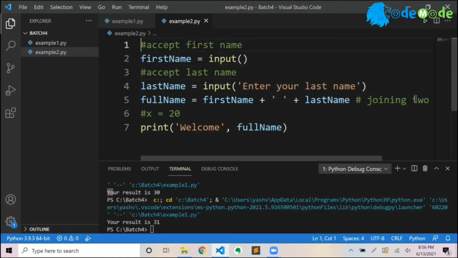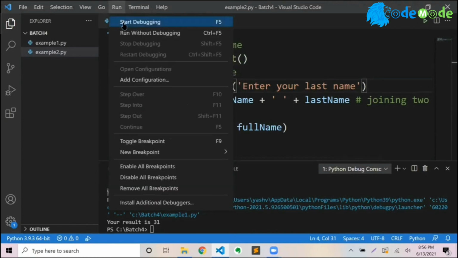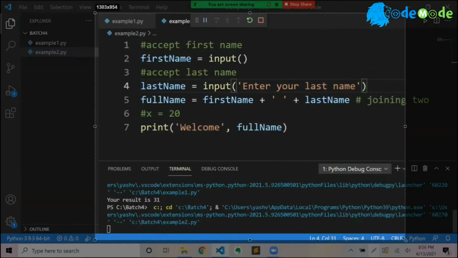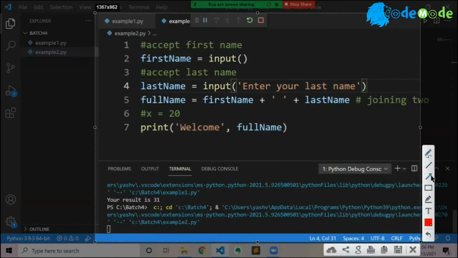Okay, so coming back, I am creating an input function. Let me run this code, and I'm going to highlight a couple of things. What is the difference between this input and this input? This input does not take any message inside. Pay attention to what happens when you display a message like this. I can start without debugging, and you notice here the cursor is waiting for me. So what is happening right now? This is a very important concept, so please pay attention.